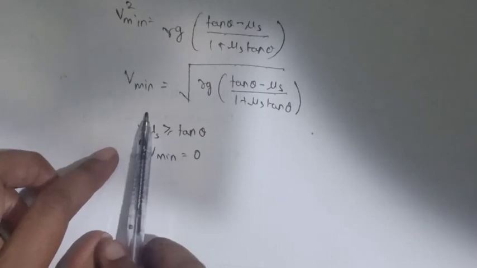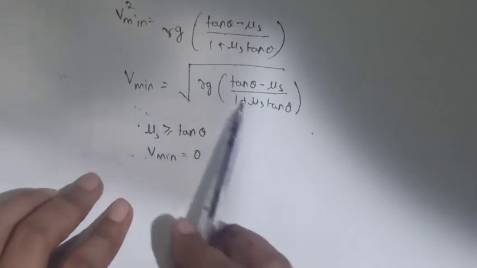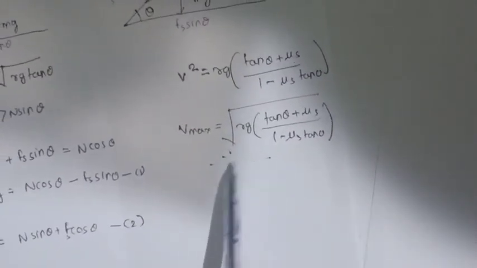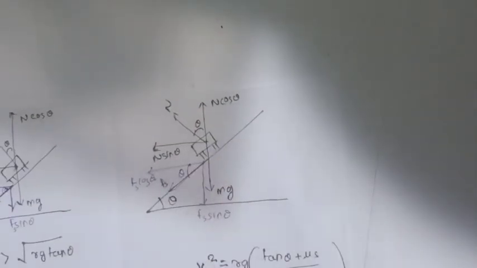So this relation you got for minimum speed will be given by this, and for maximum speed your relation will be given by this. Diagrams are easy, you just have to practice it. Okay, so if